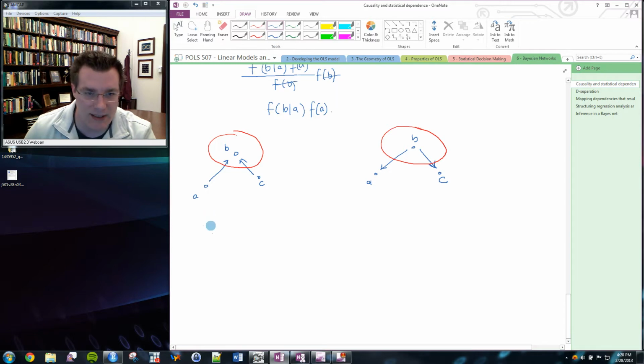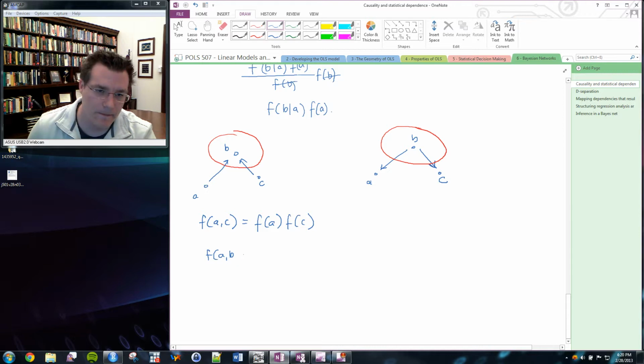So let me give you an example. If I look at the distribution of A and C in this graph, what you'll see is that there's no causal pathway leading from A to C, and there's no causal pathway leading from C to A, and so I would expect the distribution of A and C together to just simply be the product of their individual distributions. But if I'm going to condition on B, A and C conditional on B,